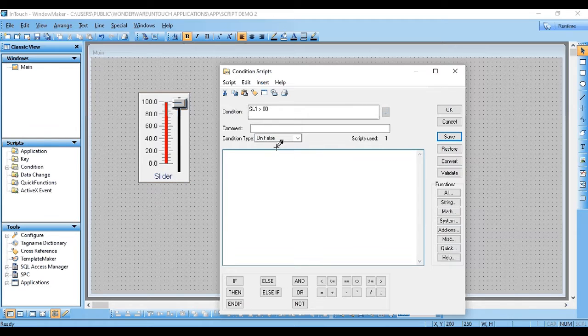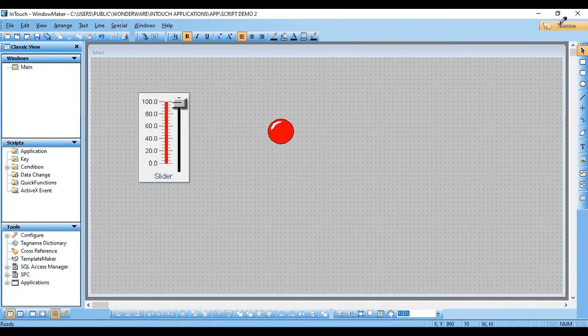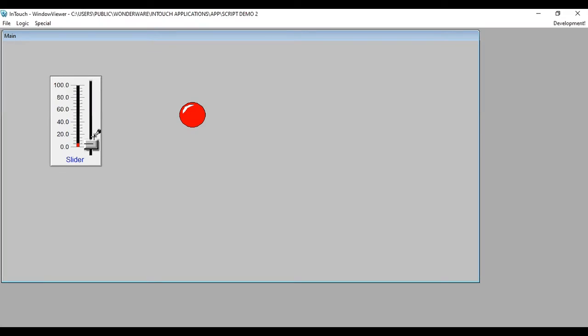And on false, when this condition is false, our light should be turned off, so L1 equal to 0. A very simple condition. Let me save and execute. When the value of slider 1 is greater than 80, the light will be on. Let's decrease it. As you can see, when the condition falls to false, it will be off. So you can use condition script.